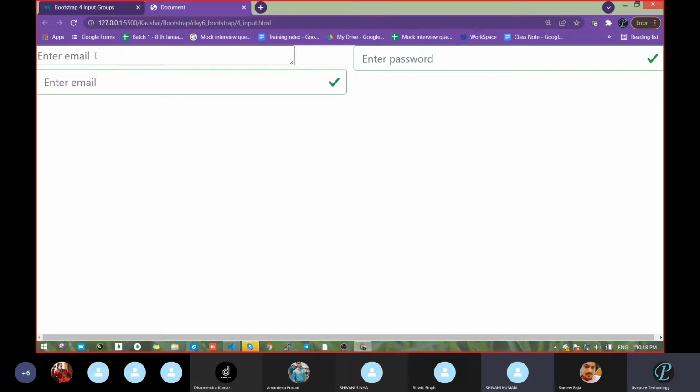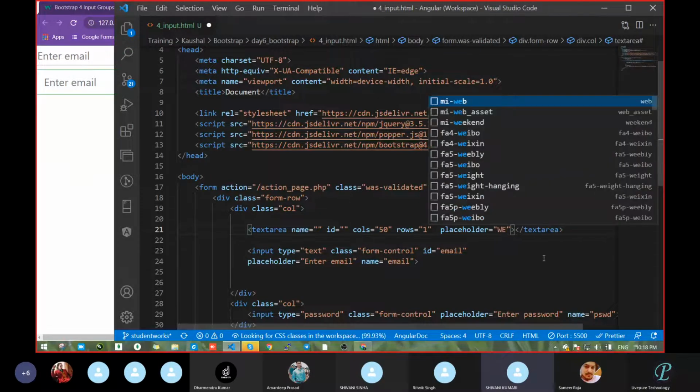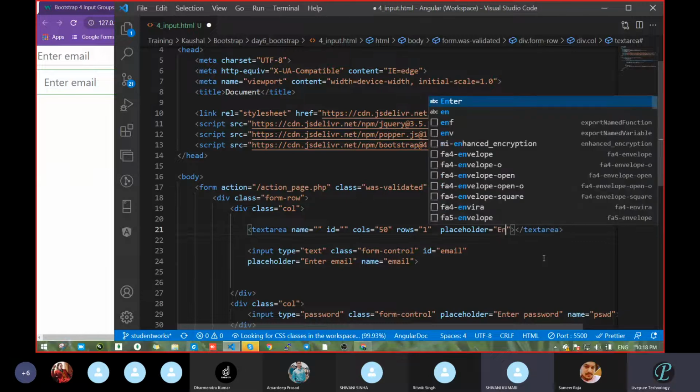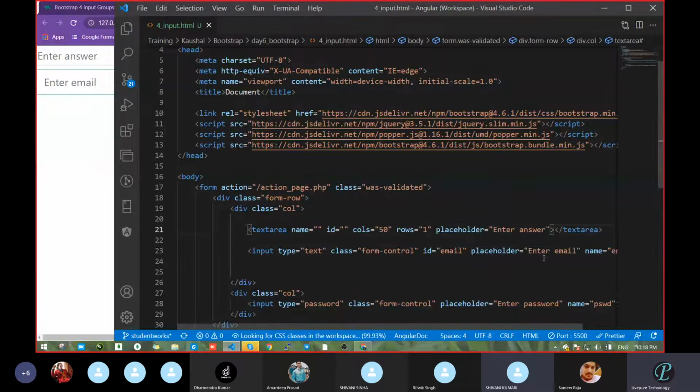So that's the text area. When will we use the text area? Wherever there is a need for a comment or to take user suggestions, where more input will be required. Suppose you have to write a question and answer. At that time you can take it like this: enter answer, and pass rows 10.